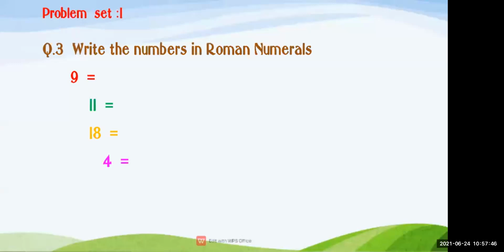Okay, our next question is question number 3. Write the numbers in Roman numerals. I'm giving you 5 minutes. You're going to write down in your notebook. And after that, I'm going to check it after 5 minutes. I'm not going to ask you any one answers. You will show your notebook after completing question number 3. So I have given you only 5 minutes for completing it. Question number 3. As you complete, I will check now only.